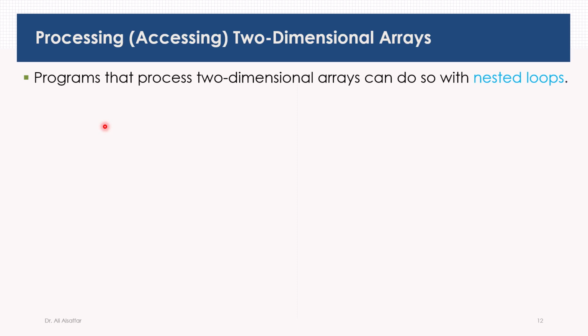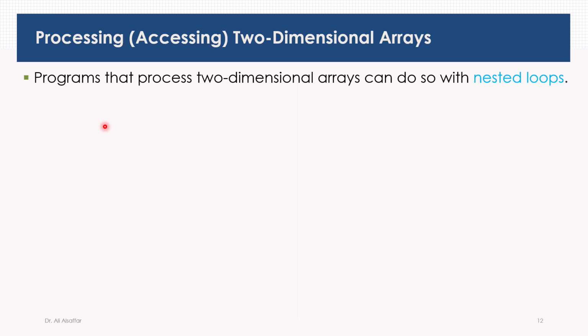Processing or accessing two-dimensional arrays. When we discussed processing one-dimensional arrays, we used a single for loop. The loop variable was used as an index variable to the array. We visited the elements of the array either from left to right or from right to left. From left to right, we start with index 0, 1, 2 until the last index. And from right to left, we visit the elements from the last index all the way down to index